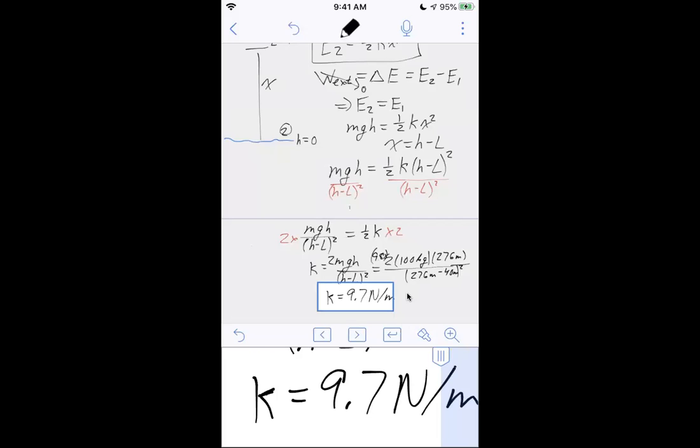Any questions about this example? Guess I can't really see anything because nobody's doing video, which is fine. Okay, so I did this problem